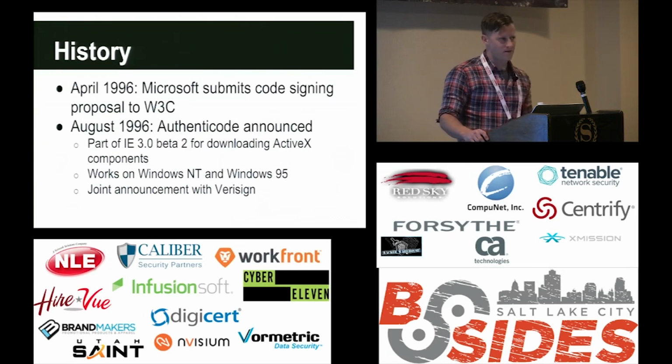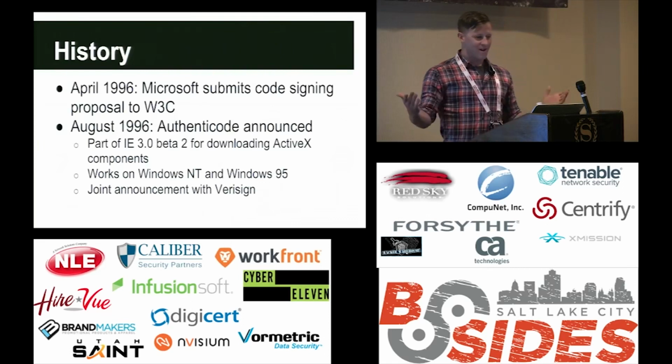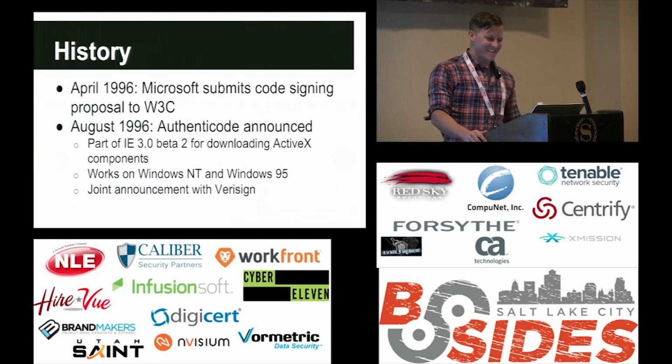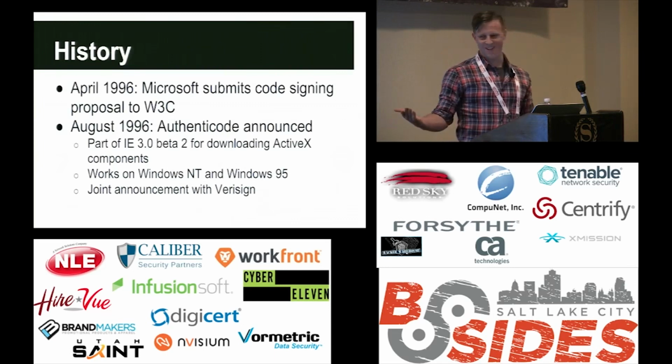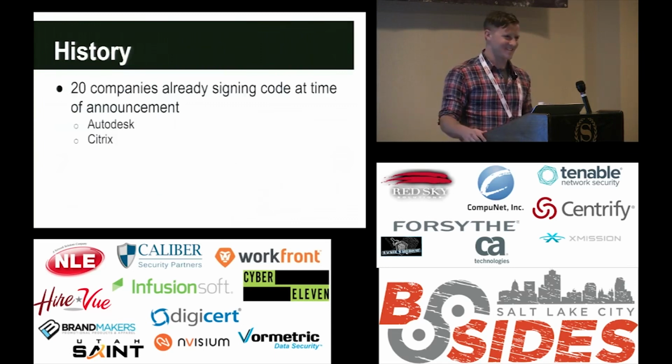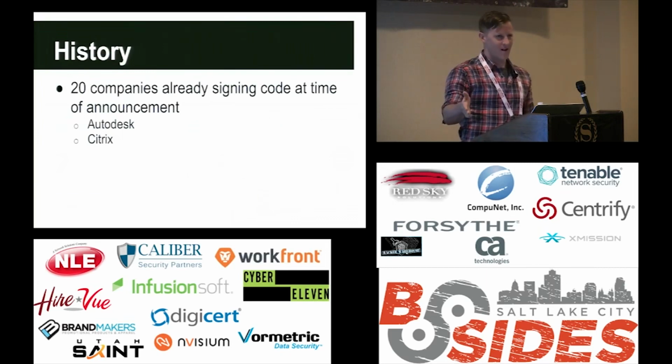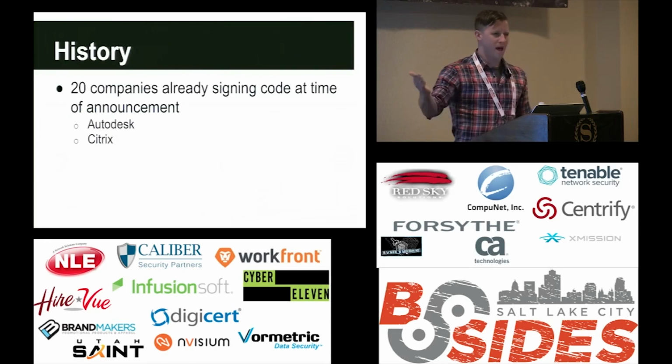for ActiveX components. So ActiveX components are basically DLLs that you used to download and run on your computer that various sites would provide. And people realized, hey, maybe we should associate some type of trust with these things in some way, so people aren't just randomly downloading them from random sites. And so Authenticode was put in place in order to establish that trust, to say, yes, this random DLL you're downloading on the internet and are going to be running on your system actually came from your bank or whoever